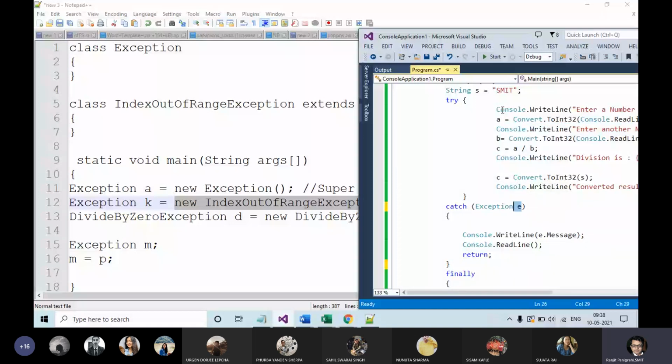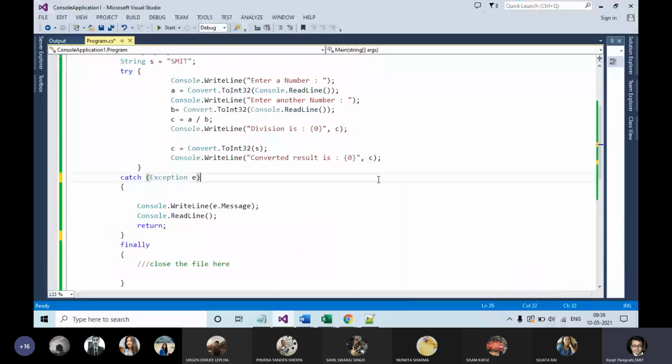समझ में आया चीज? This is the linkage over there. Exception is the superclass. It can be used to hold any kind of exception.